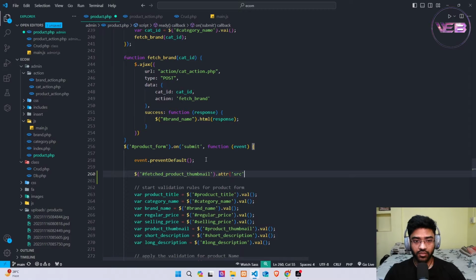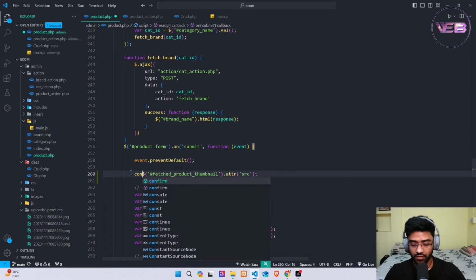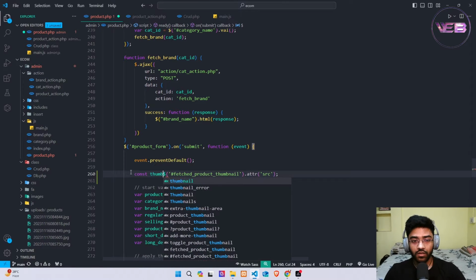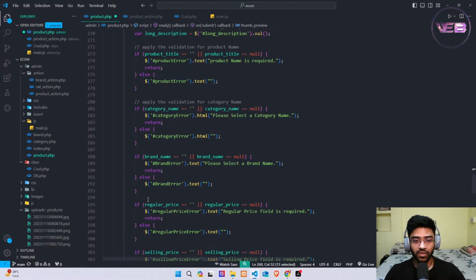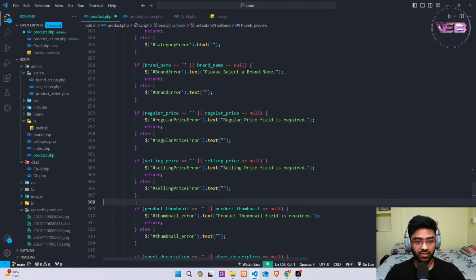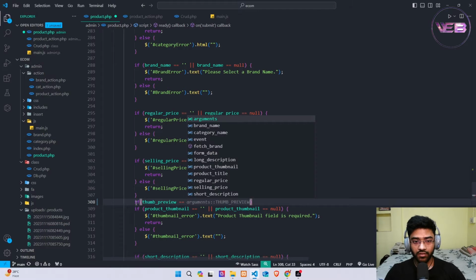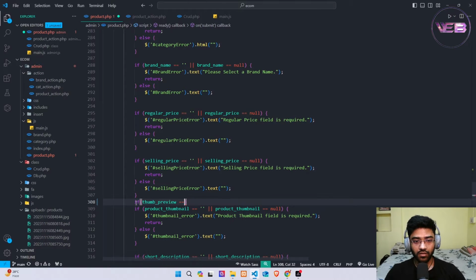After this, I'm checking the source in a variable. I'll take a variable, let, or rather const, thumb_preview equals to this. I copy this and go down to where we check the validation for the thumbnail, and if this is equal to blank or null,